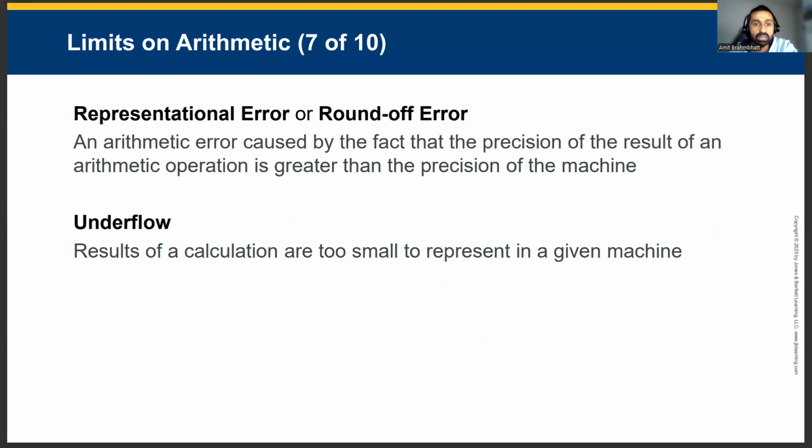Underflow happens when the result of computation is too small to be represented, effectively rounding down to zero. Conversely, overflow occurs when a result is too large for the system's numeric range, causing the value to wrap or produce an error. Another key issue is cancellation error, which arises when subtracting two nearly identical numbers. Because many leading digits cancel out, only small and possibly inaccurate digits remain. This significantly amplifies rounding issues and can compromise the reliability of computations.